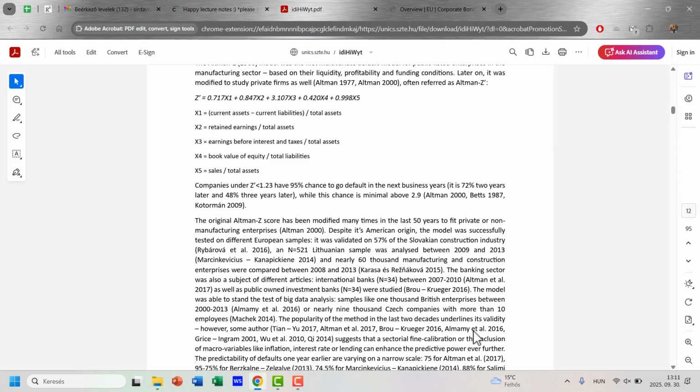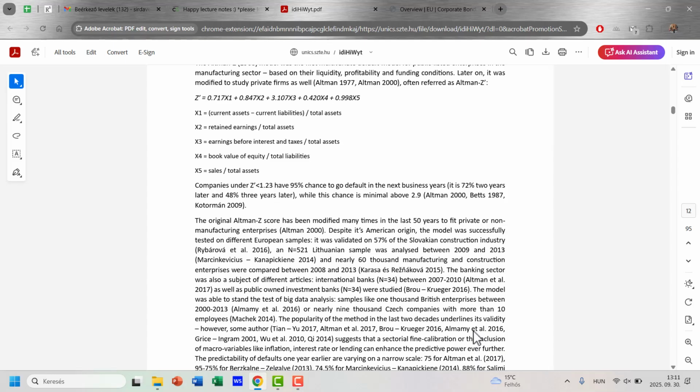In this case, current assets to current liabilities, obviously this is short-term viability. Then a rough estimation of available cash to total assets. Obviously, if this decreases, then we are facing troubles. Also, retained earnings. This is a really good indicator of financial buffers. If we have more money as retained profit or earnings, then it's good for us. Also, earnings before interest and taxes, how much cash can be earned. So it's also quite obvious.